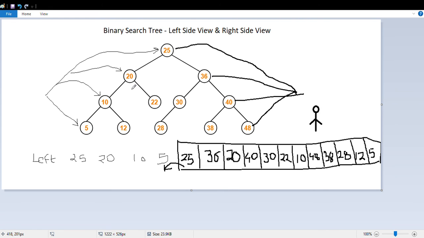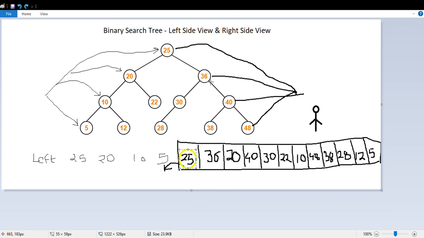One thing you will notice here is that when we are pulling a node from the queue, you always get the right node first. For example, first you get 25 for this level.